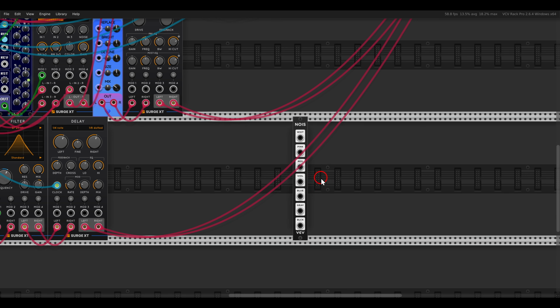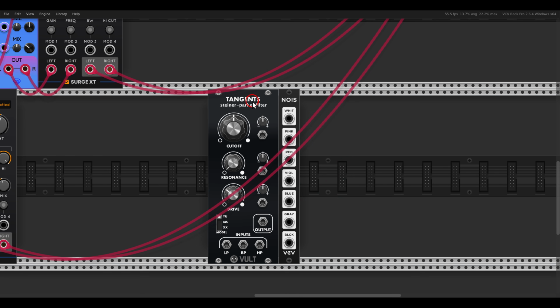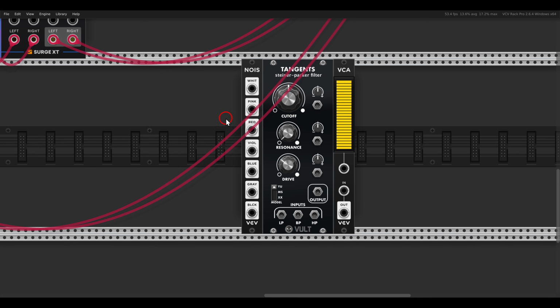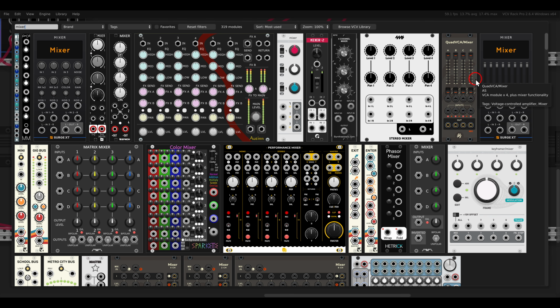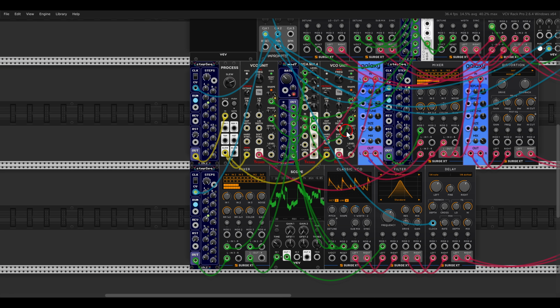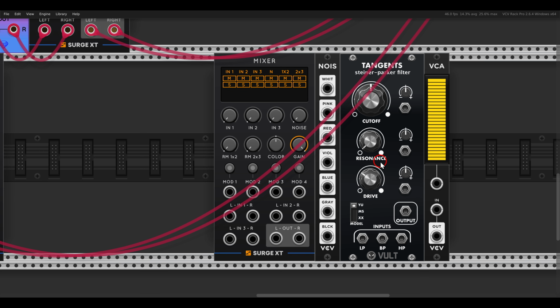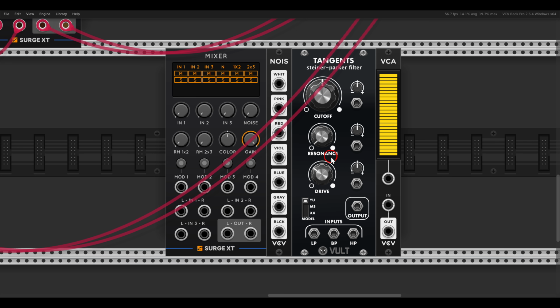right, with noise, a bandpass filter, and a VCA, and I will use another mixer. This is another thing that I wanted to do, is mixing envelopes, which is also quite fun. I don't know if it will work also with the noise, but we can try. So the envelopes, I will use 3 envelopes. They will modulate the VCA, white noise, bandpass filter,